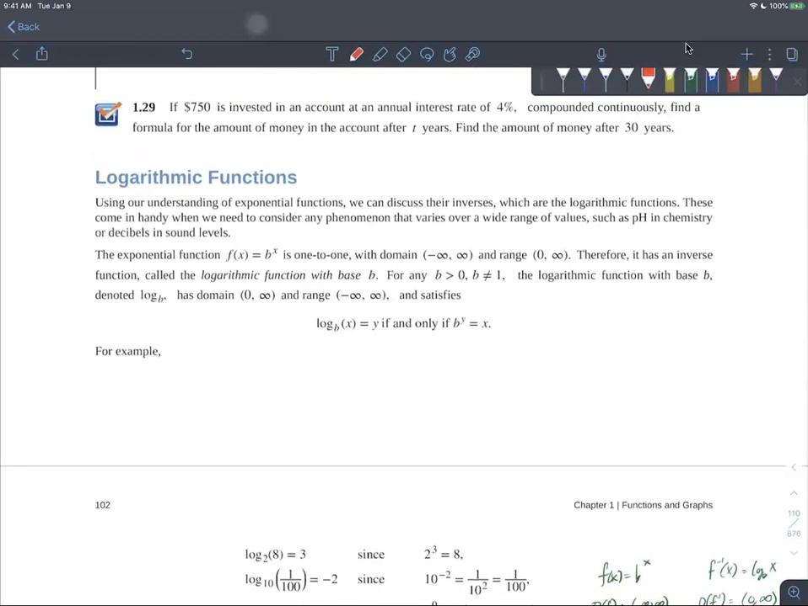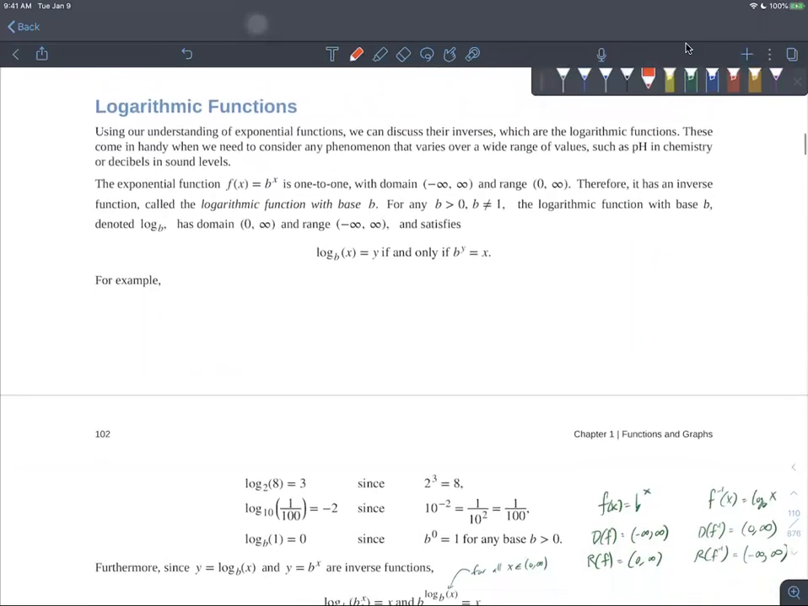Using our understanding of exponential functions, we can discuss their inverses. This was what the last section was about. It was about inverses. And so exponential functions have inverses. Those inverses are called logarithmic functions. These come in handy when we need to consider any phenomenon that varies over a wide range of values, such